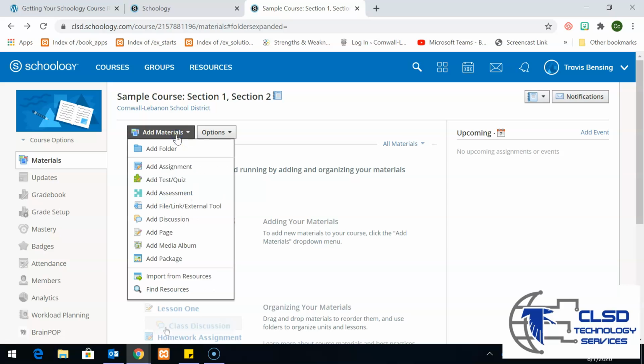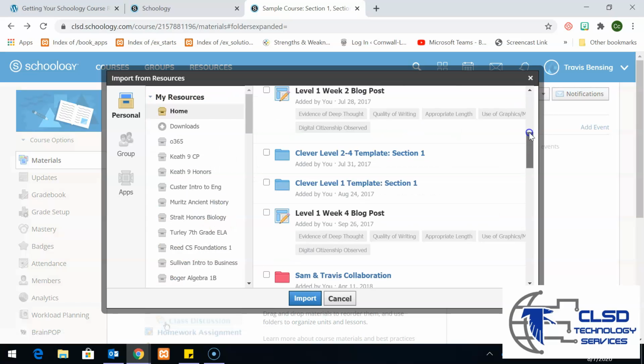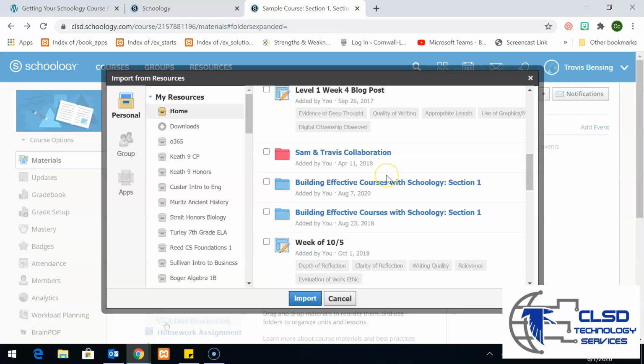All right, so once again, if I want to import from my course, I'm going to go to Add Materials and Import from Resources. And then I'm going to go down here and find this course again. If I want all of my stuff to just show up on the main page, so when the students click on my course, it just shows them all their modules and units and stuff,